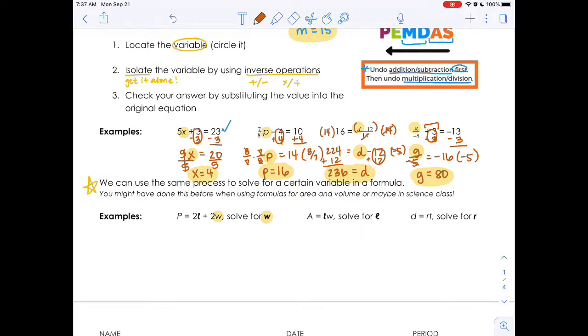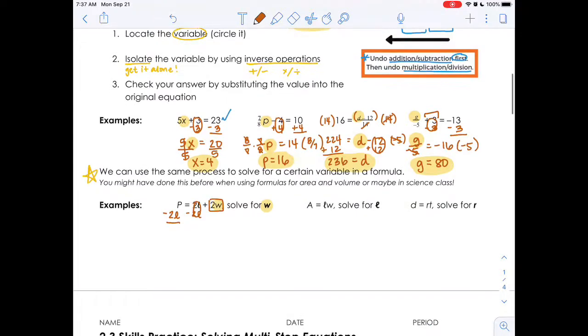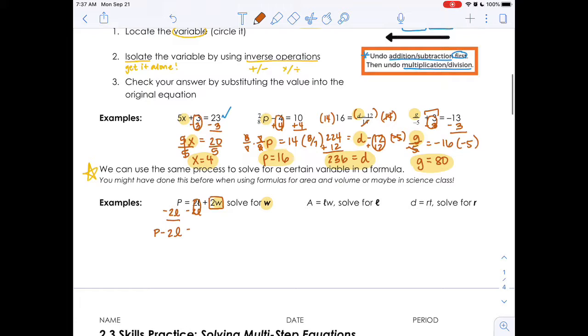So in order to get this 2W by itself, I need to get rid of this 2L. What I'm going to do is move it to the other side. If I have 2L minus 2L, that's going to equal 0, and so I'll be left with 2W. But if I subtracted 2L there, I need to also subtract 2L over here. We don't know what P is and we don't know what L is, so I can't actually get a number here, but I'm just going to write it as I see it. Perimeter minus 2L equals